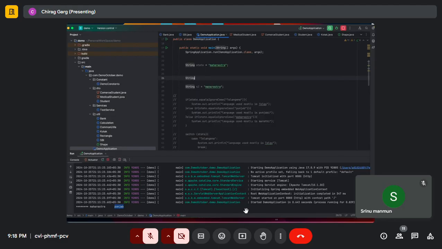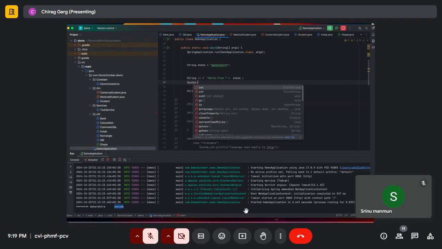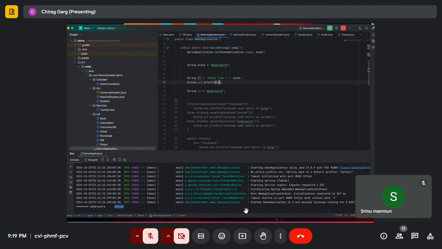So suppose I do String s1 equals state plus "hello from state", and then s1. So I got a new string s1, right? We can't change an existing string,